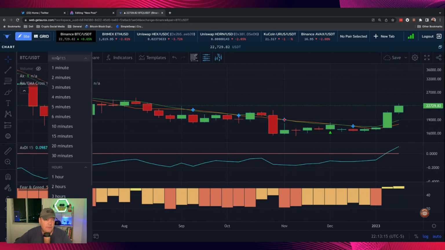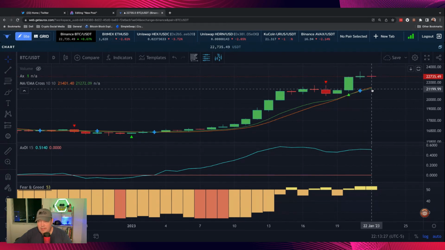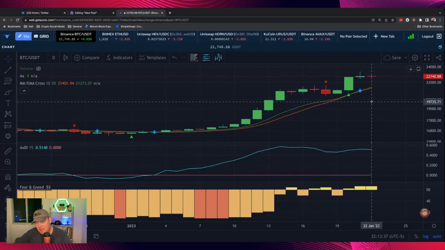All right, let's look at the daily for Bitcoin, just to see what it says. We're still 3 days into a buy, but it looks like the red MA has crossed over the green SMA. So this could be the first sign of a bear. And we did have the Aurox indicator going red just 5 days ago. So my guess is that something will happen tomorrow and bring the market back down.